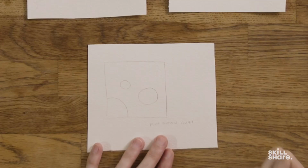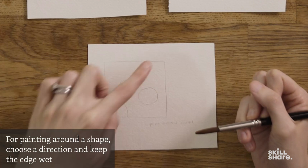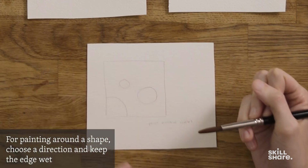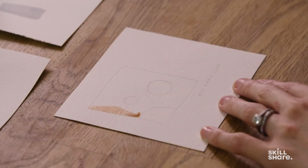On the opposite side, when you want to paint around a shape, you have to choose which direction to go, and you want to keep both sides as wet as possible as you do it. So here's a good way to do that. You start in a corner like before,